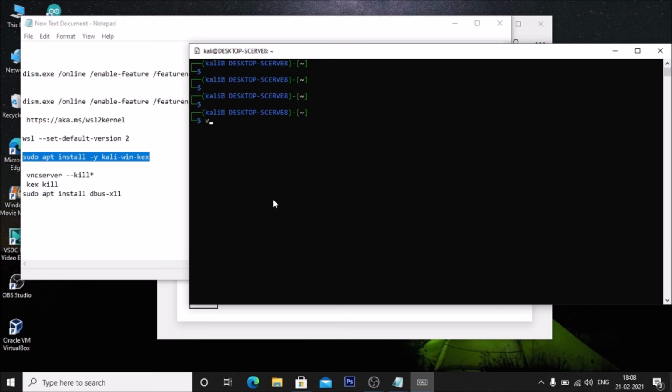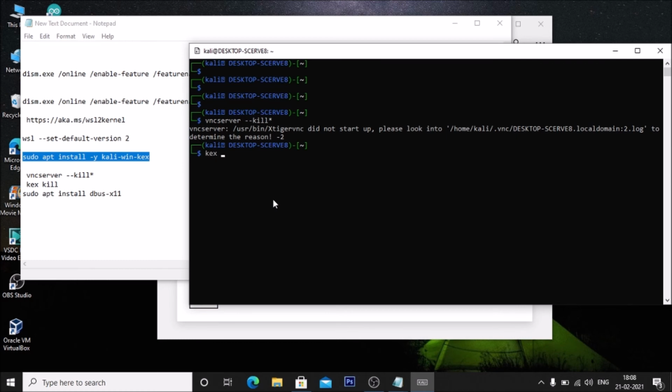So vncserver, sorry, vncserver --kill. This will kill our vncserver process. Then we are going to kill the kx service, then just hit enter.